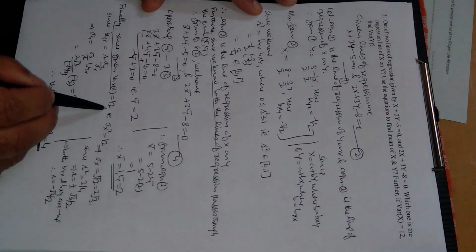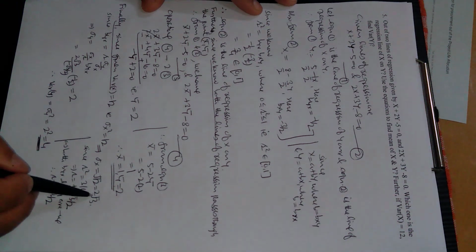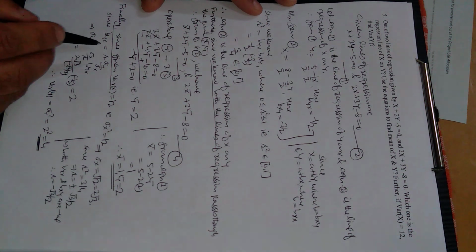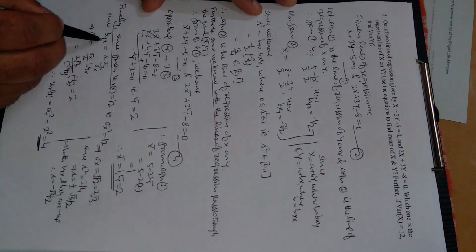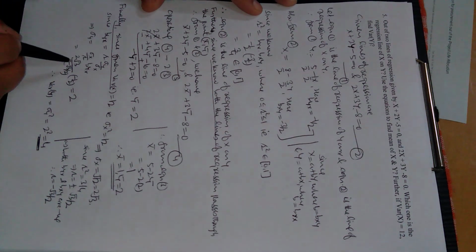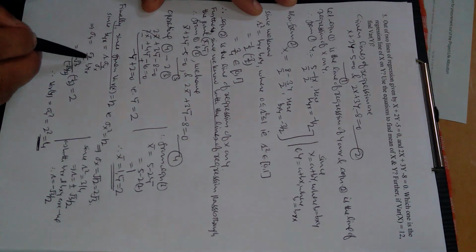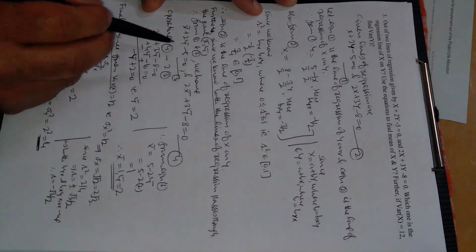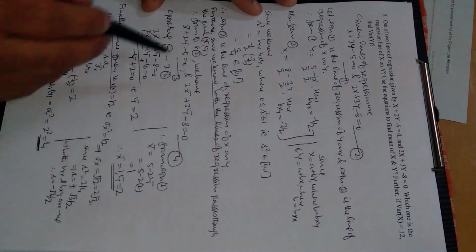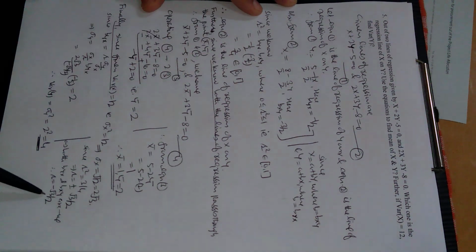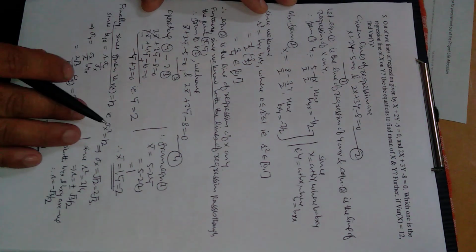Variance of x is 12, so standard deviation of x is 2 square root of 3. We must remember this result, the regression coefficient of y on x, and the rest is to use it to find sigma y. Sigma x is here, r can be evaluated in this way because r square we have just evaluated as 3 by 4, and b y on x is here.